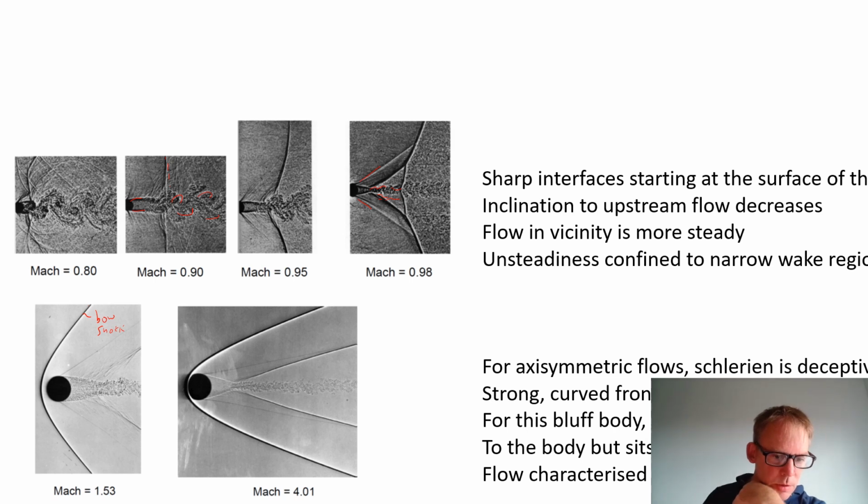We see another weaker shock at the side. There'll be expansion fans here, and this is a turbulent wake. So we see the flow structure changes enormously as the Mach number increases, and we see that the flow is typically characterized by these regions where the flow changes are very, very strong, what we call a shock. There are other weaker flow structures that we see here, less strong, quite important, expansion fans, and we have still